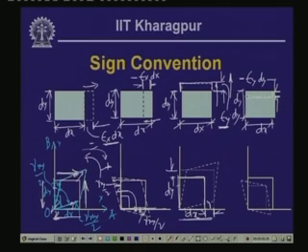So, the final position after undergoing epsilon x, epsilon y and gamma xy, this is the position that it is going to take. So, this particular configuration corresponds to epsilon x, epsilon y, gamma xy, where all are positive. Now, in this particular figure again, if we look into this particular element, which is originally again of length dx and dy,